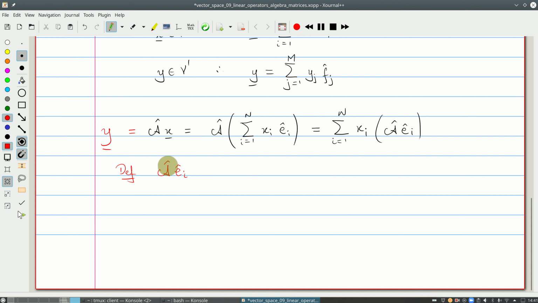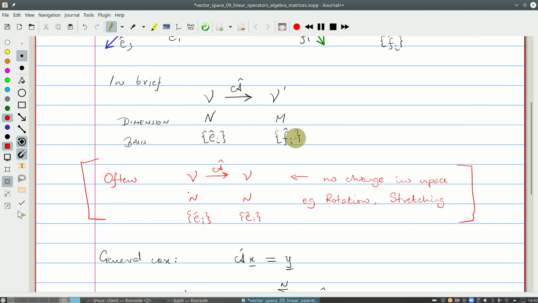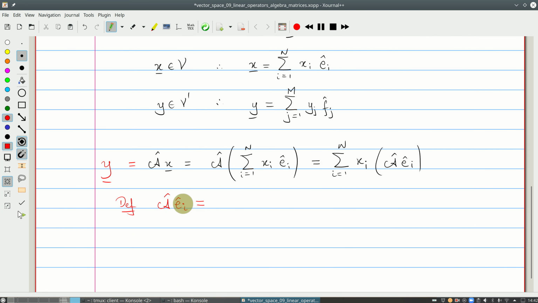It's easy sometimes to look at the hats and think both are basis vectors, but remember the capital script letter is an operator, and this lowercase letter with a hat on it is a basis vector. So the operator A hat operates on the basis vector Ei hat, and that converts the Ei hat into something which belongs to this new space, where the basis vectors now are these F's. So every vector in this space V gets converted into a vector in the space